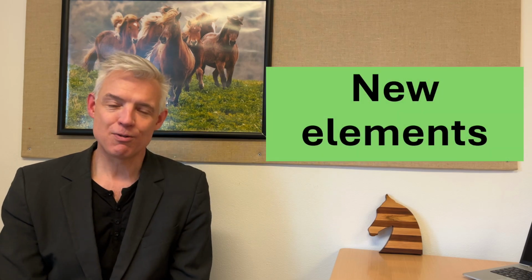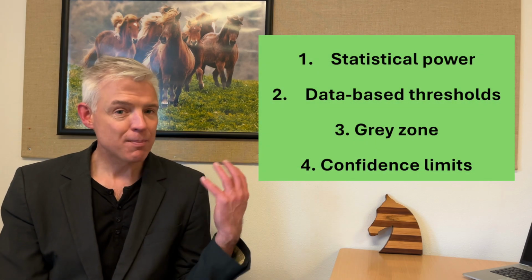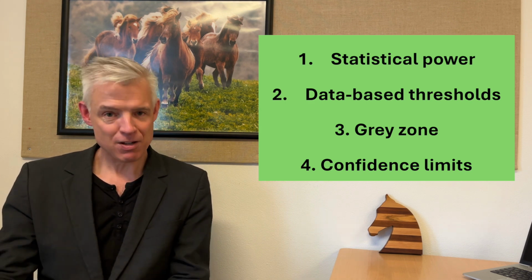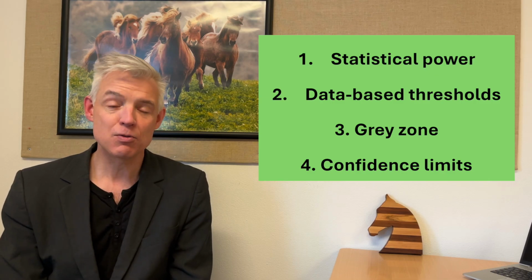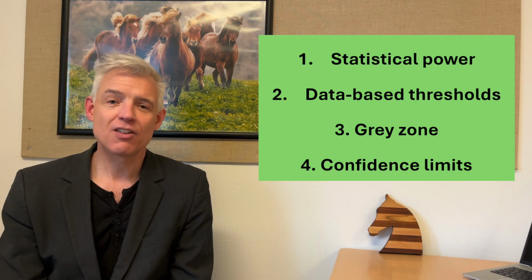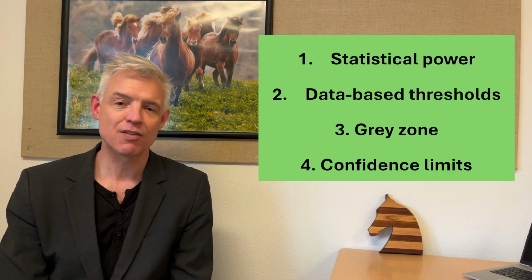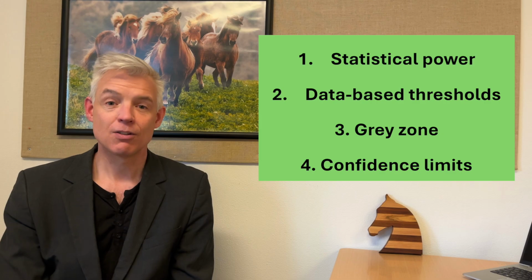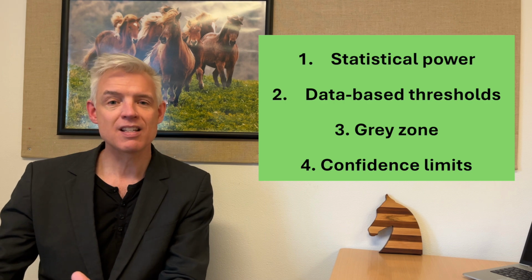So what is new in these guidelines? And as I said, quite a bit actually. There's a few elements here. Starting from the top, we now base the efficacy thresholds on actual data from back when the anthelmintics were first introduced and tested, and we looked up all the fecal egg count reduction test data from way back when these products were first launched in the different host species and against the different parasite categories. And then we defined what the threshold should be based on that.